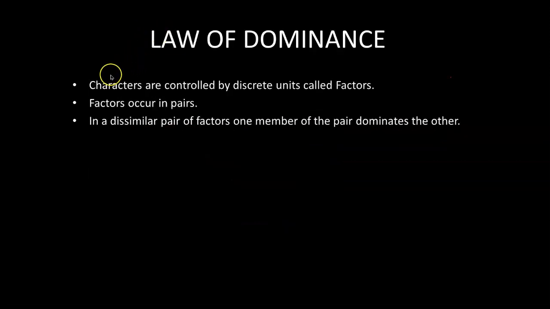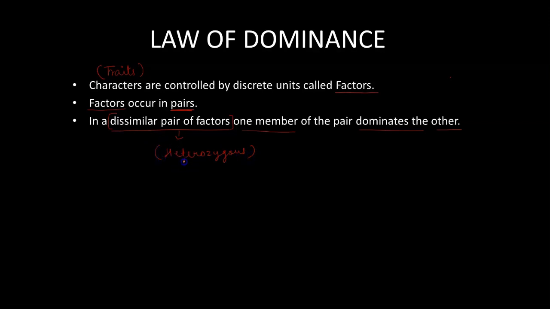According to law of dominance, the characters, or we can say the traits, are controlled by discrete units called factors, and these factors occur in a pair. And in a dissimilar pair of factors, one member dominates over the other. Now when we say dissimilar pair of factors, we simply mean heterozygous condition,